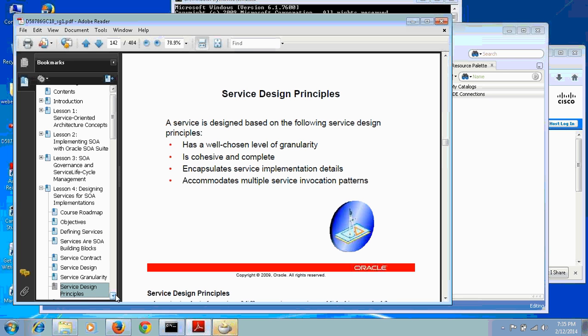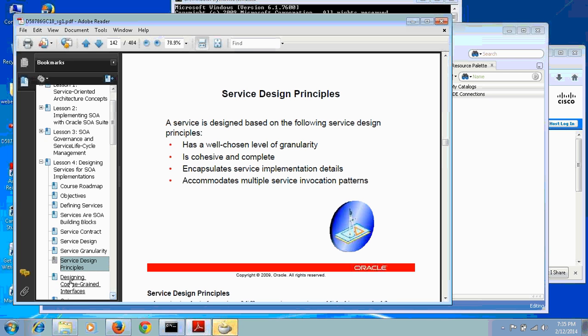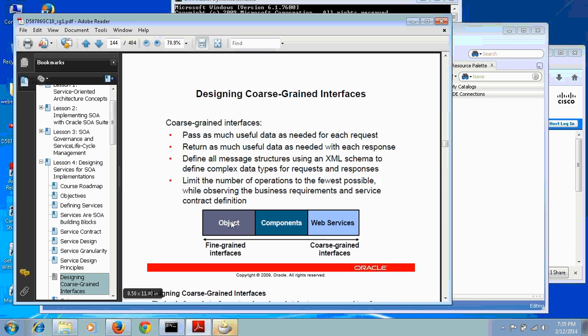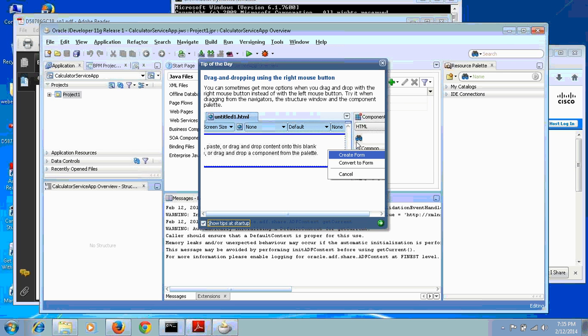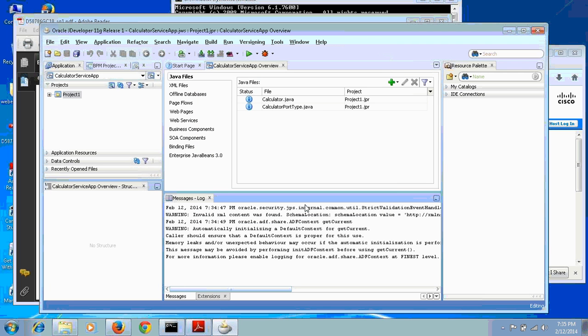Right. So our IDE is started. We'll just go there. We have already discussed this is what we have done. We created an object, and then we created a component, and from the component we generated the web service. Let's close it. Seeing some warnings here. So you see, I'll go here